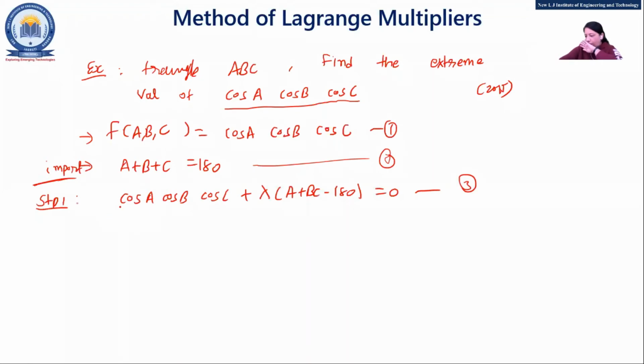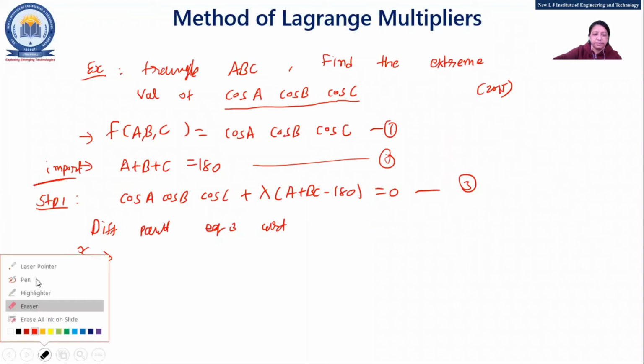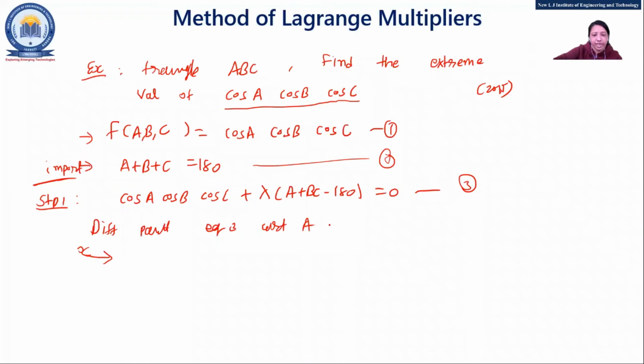Now differentiate partially equation number 3 with respect to what? X, Y and Z. The same thing will be followed. So first I'll write with respect to X. See, you don't write it in this way, right? You write: differentiate partially equation 3 with respect to X, and then write the equation. Fine. Now with respect to not X, again I have A, B, C, right? Here it would be A, B and C. Fine, with respect to A, B and C.